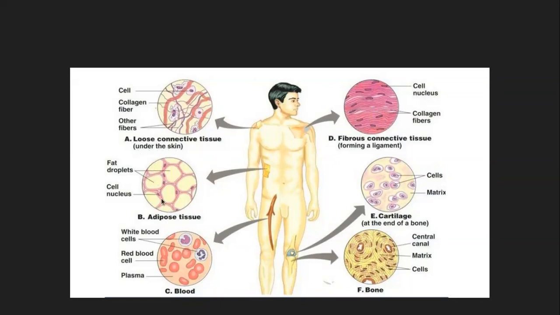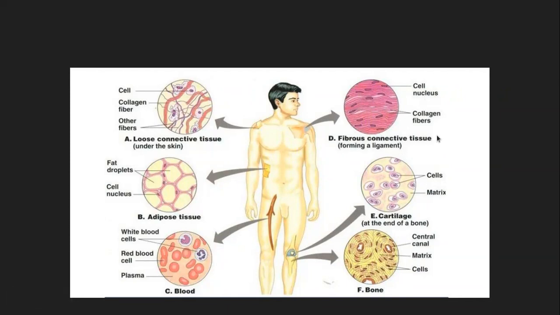Then the adipose tissue, like you can see the side belly fat is being pointed at here, and these are the individual cells. Around these cells, there is a lot of deposition of the fat molecules within the cells and also around the cells, and that way they will act as fat storage cells, and that is what is adipose tissue. Blood, we already know that the white blood cells or red blood cells, they are suspended within the plasma. That is the blood, which is fluid connective tissue.